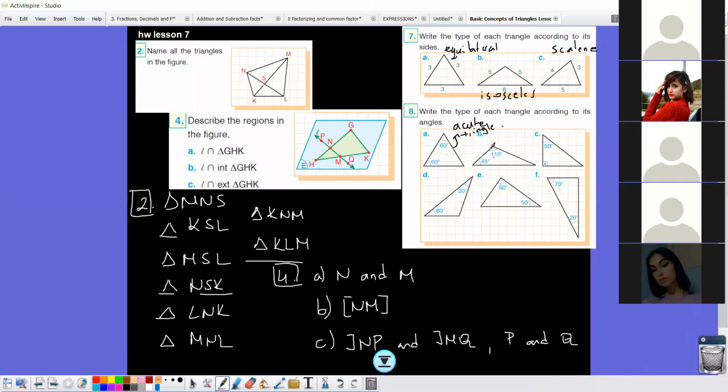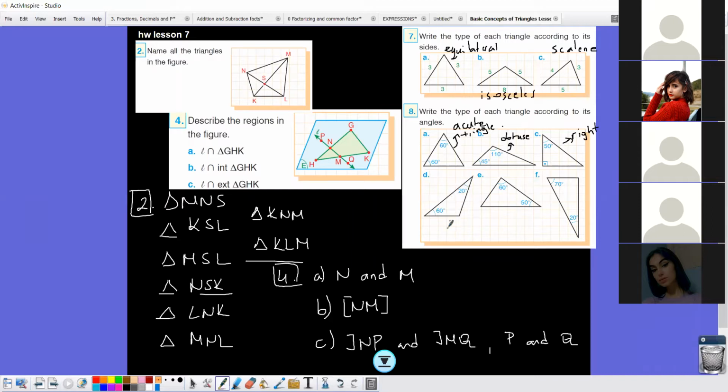Yes. What about this one in B, Yona? Teacher, obtuse triangle. This one will be obtuse. Why? Because we have here 110 degrees. Yes, this one will be bigger than 90 degrees. Yes. Obtuse. What about C? Right triangle, because we have one right angle. Yes. And here what will we have, if one of them is 60, one of them is 20,